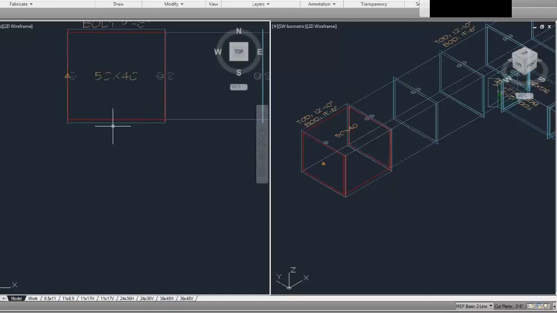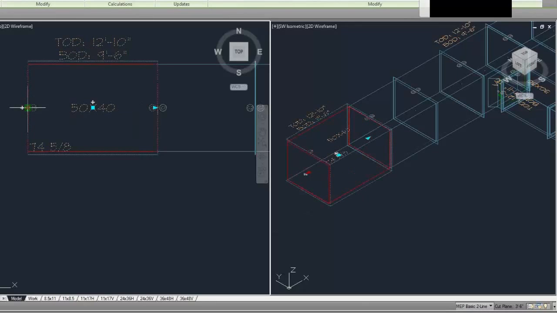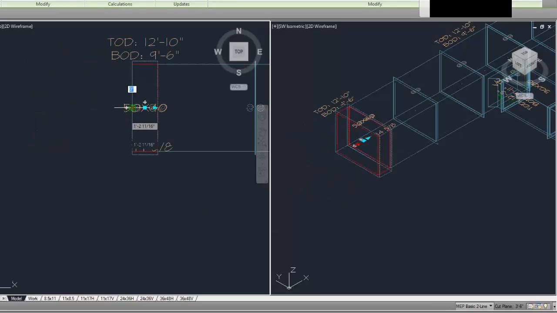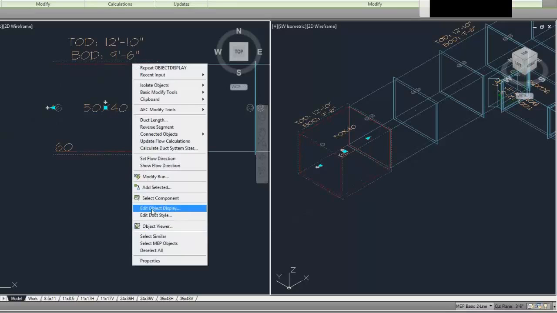One little trick that I've done in a pinch when I didn't have a sound attenuator was I placed a duct in there. I gave it the length of the sound attenuator. So in this case, maybe the attenuator was, say, 60 inches long. Let's see, I need to turn on my dynamic input, and let's make this 60 inches long. Whoops. Tab 60 and 0.125. So it was 60 inches long, and all I did was in Edit Object Display,